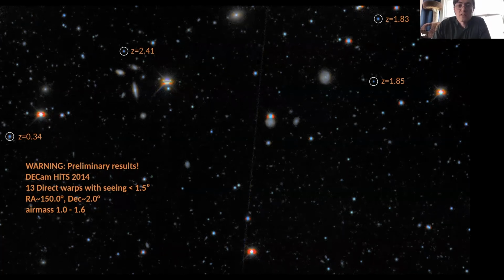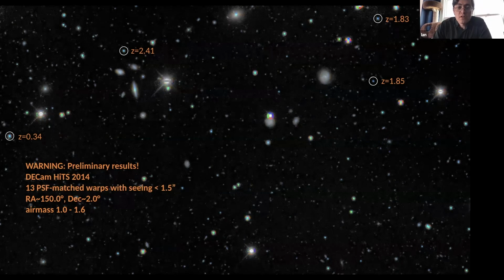Other highlights, I think, are that you can look at some of these resolved galaxies, and aside from the centers of some of them popping out, you can almost pretend that you can see other, especially bluish and reddish regions within them. Now, this is all very preliminary, so take everything that you see here and that I say with a grain of salt. These were made with the direct warps. Can also make the same thing with the PSF matched warps. Everything was done almost the same,